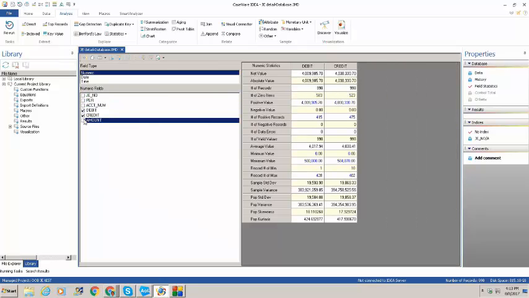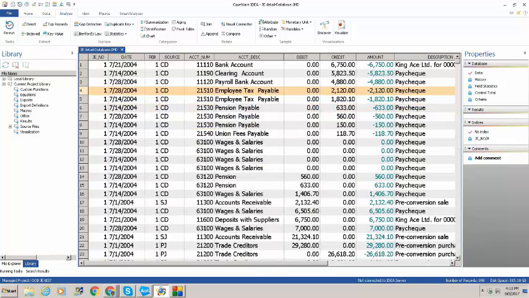So if we just focus on our debit and the credit, we see that the net value, they're slightly off. So we know it's not in balance. Let's go back to data as our default. So let's now do that summarization under analysis,